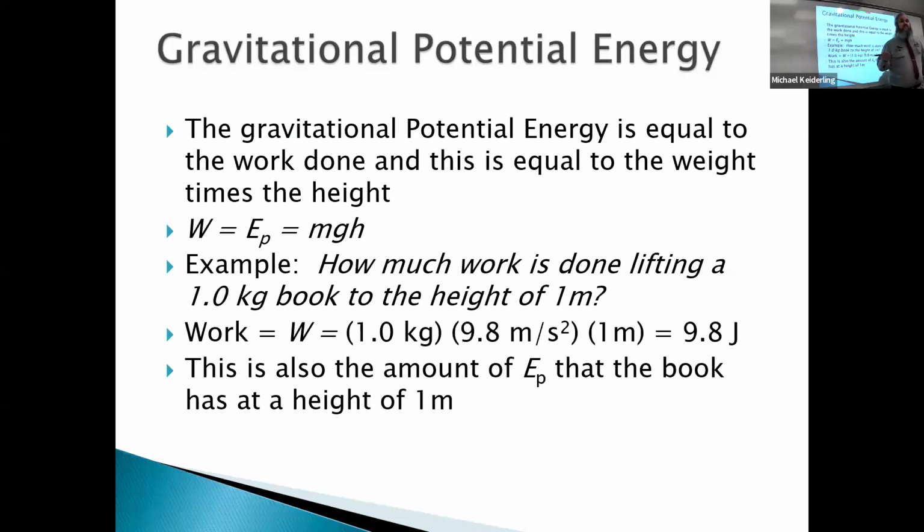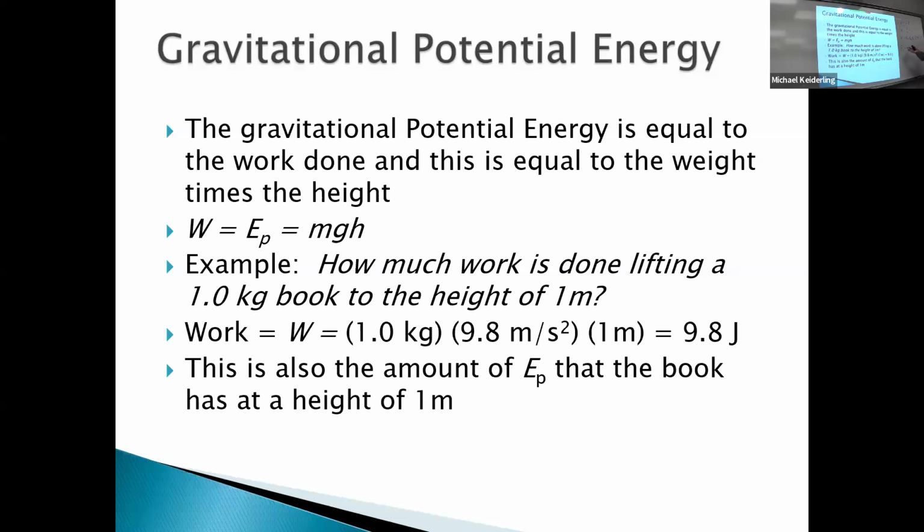So the gravitational potential energy is equal to the work done, and this is equal to the weight times the height. For gravitational potential energy, you can measure height from anywhere. So potential energy can be negative, but you need to keep measuring your height from the same place for the entire problem. That's the important step. So for example,